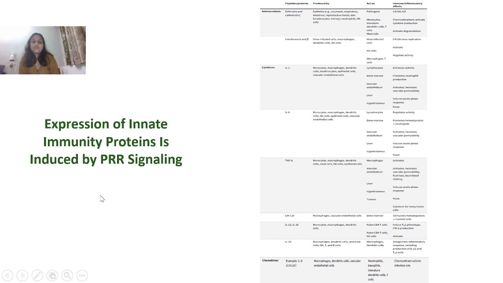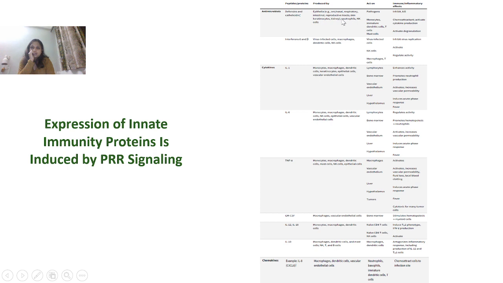So as I already told, there are different kinds of proteins like antimicrobial proteins or peptides, cytokines and chemokines, which are being secreted by the signaling pathway of all the different types of PRRs like the NLR, TLR, RLR, CLR. All these receptors are activating the downstream signaling process, which are synthesizing common products like antimicrobial components like defensins, cathelicidin,